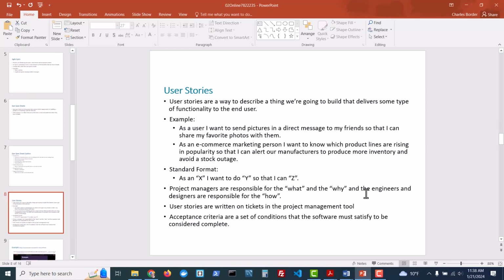Now, user stories are interesting. You could get caught up in the lingo, the agile lingo, but user stories have one thing that I think really sells them. And that's the part that, let's see,